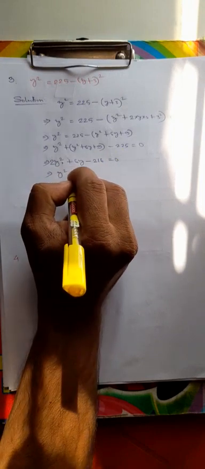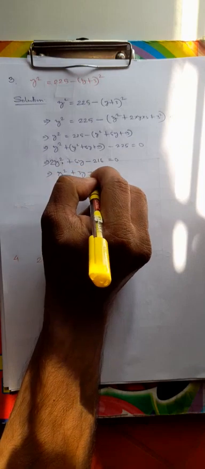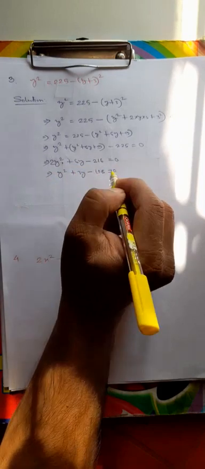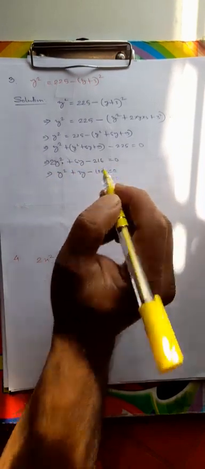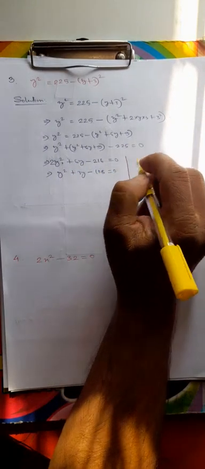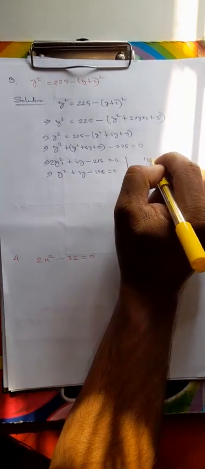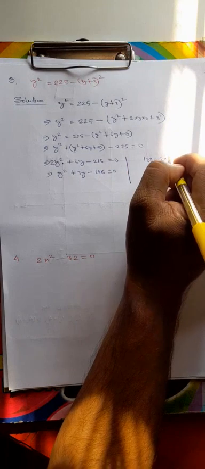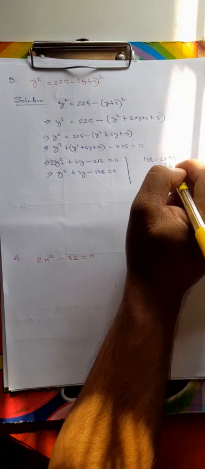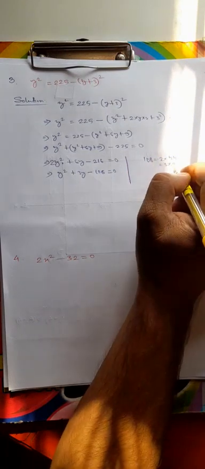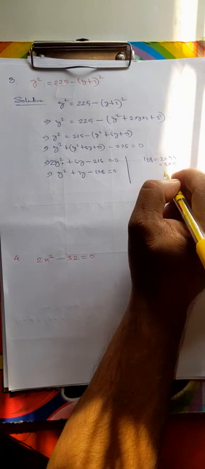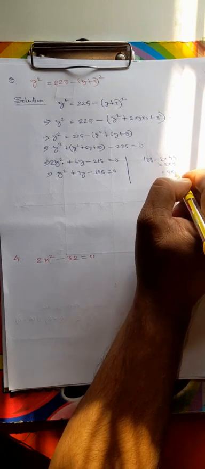This becomes y square plus 3y minus 10 equal to 0. Now let's do middle term splitting here. We will try to find the factors of 108. 2 into 54, 3 into 36, 3 3 is 9, 3 6 is 18, 4 into 27, 4 2 is 8, 4